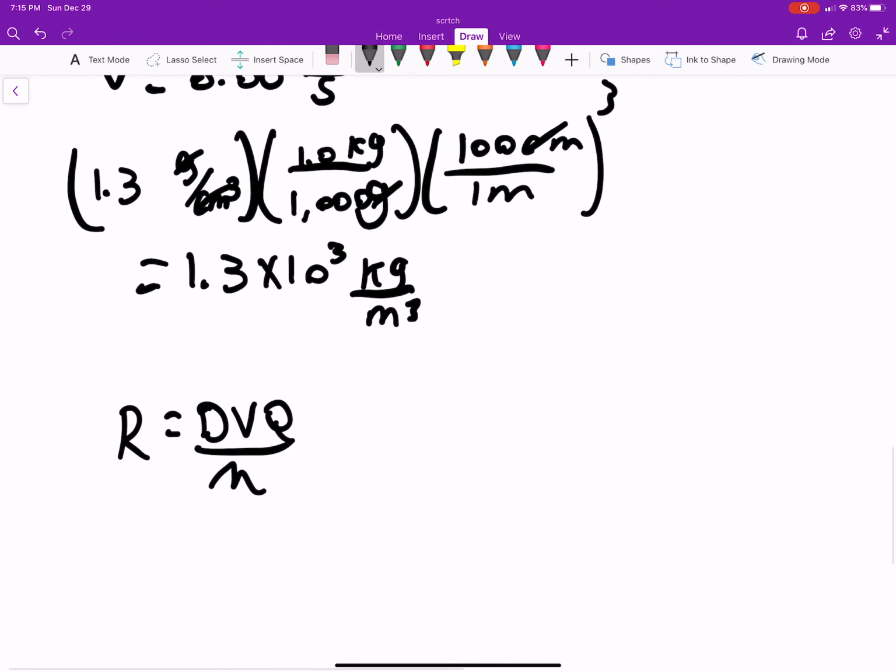So we can plug all that in, and if you plug this in, you should get about 0.01. So really, for part B, all you really have to do is convert and plug in. So not too bad. Hopefully